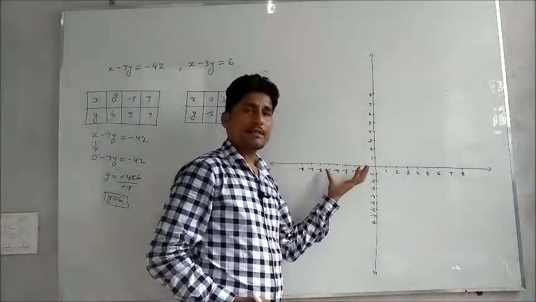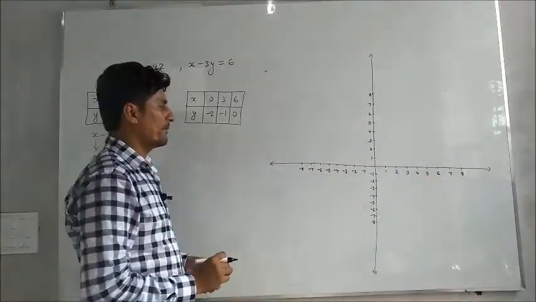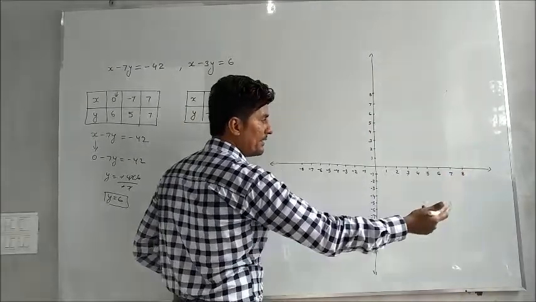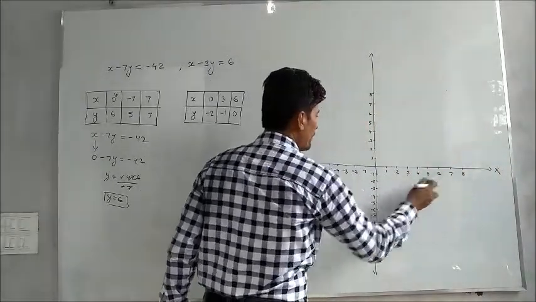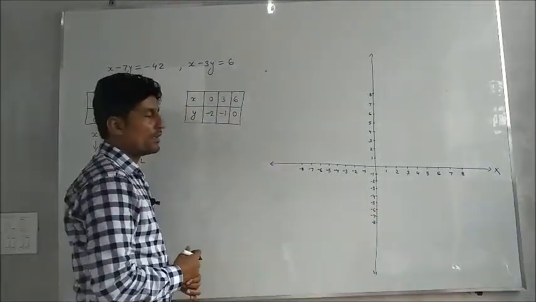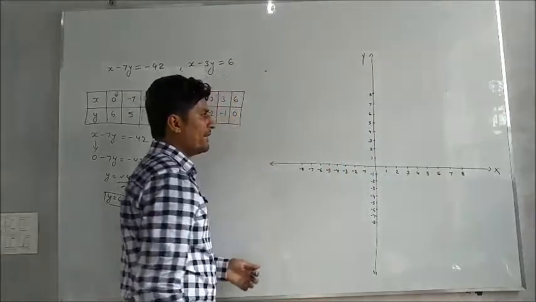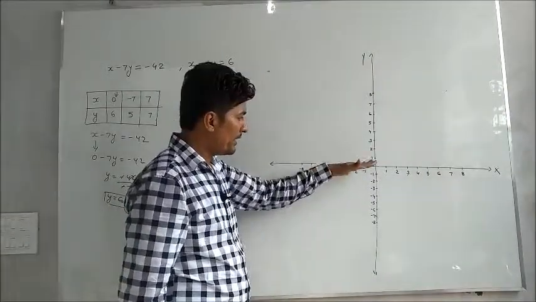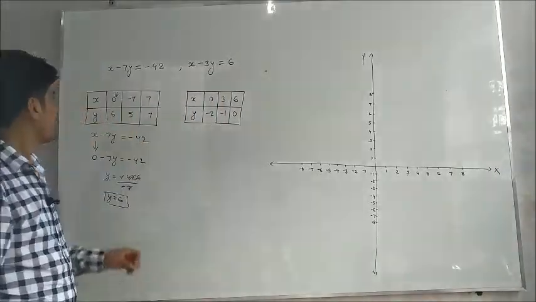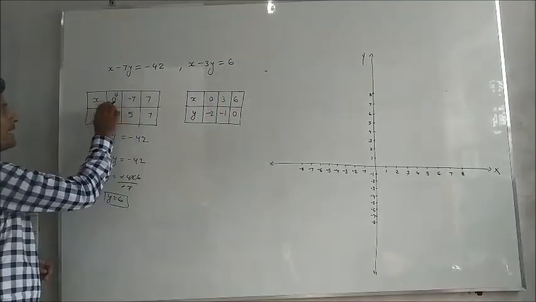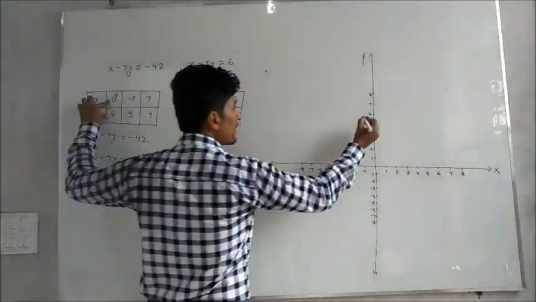plot x and y axis on the graph paper, and then we have to name them. Like towards the right hand side, this is the x axis. Towards the right side, we have to write all the positive values. Towards the left side, we have to write all the negative values. This is the y axis. Upward side, we have to write all the positive values, while the downward side, we have to write all the negative values. Now let us see the very first quadrant. X equals 0, y equals 6. Then the point will exist here.